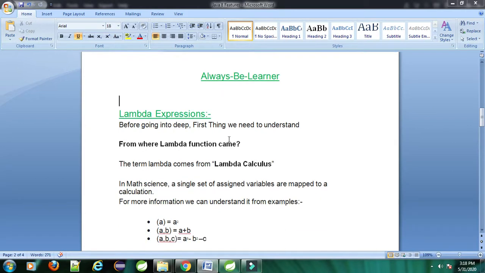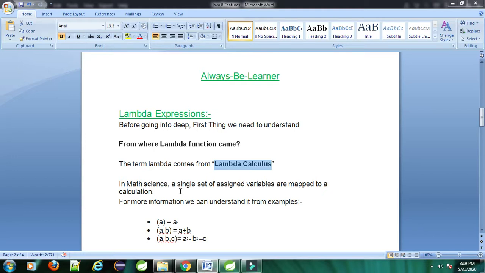Before going deep, the first thing we need to understand is where lambda expression came from. The term lambda actually came from lambda calculus. If you are from a math science background, you will definitely know lambda calculus.